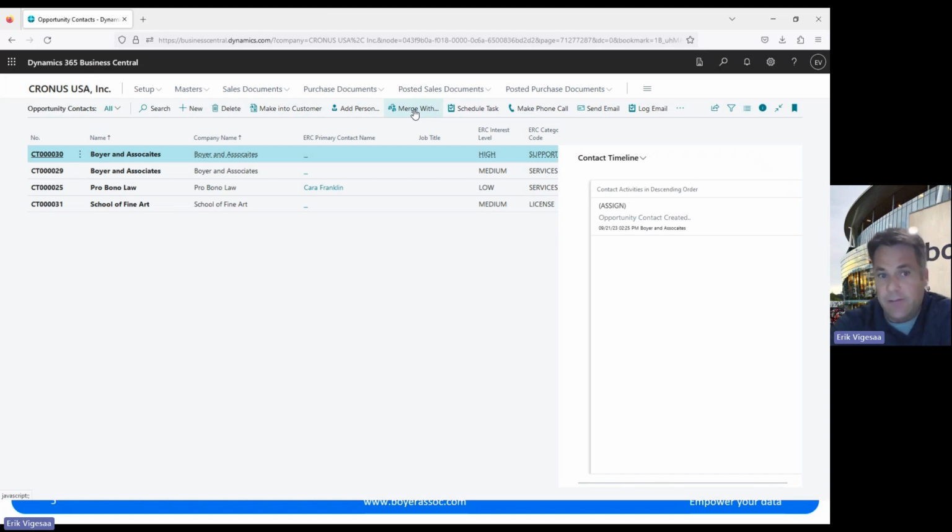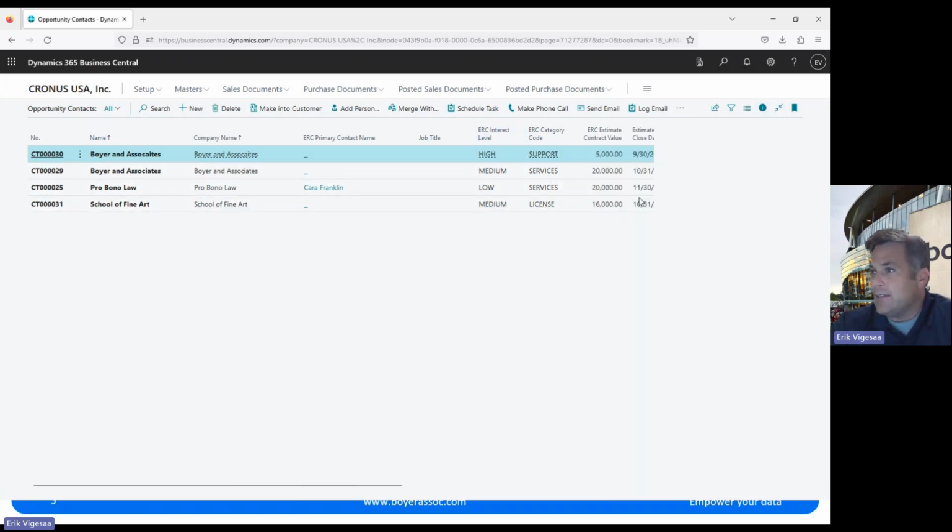They certainly can be if you have any kind of reoccurring activity, but this is just a way for me to really be able to track these opportunities against my user account here. So I've got some opportunities in here. I'm able to have different kinds of interest levels. I can categorize some of these